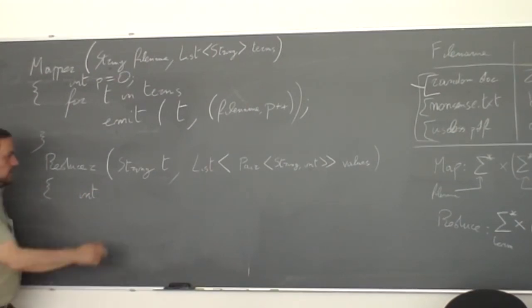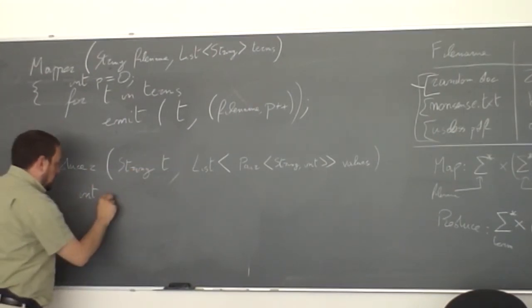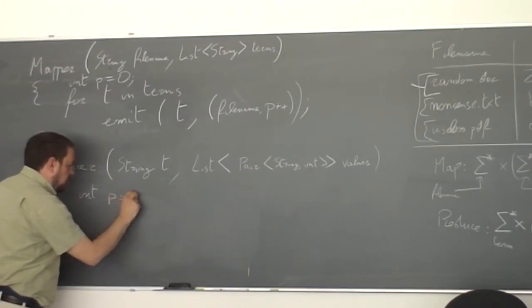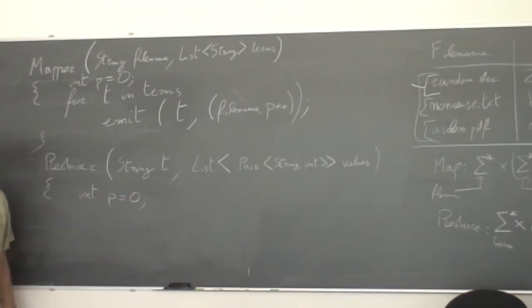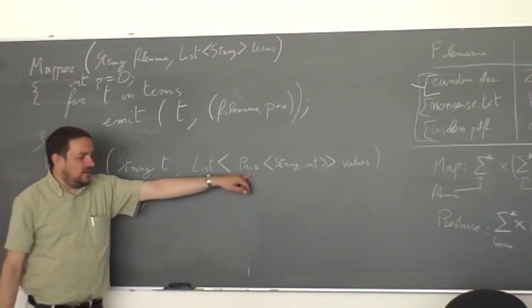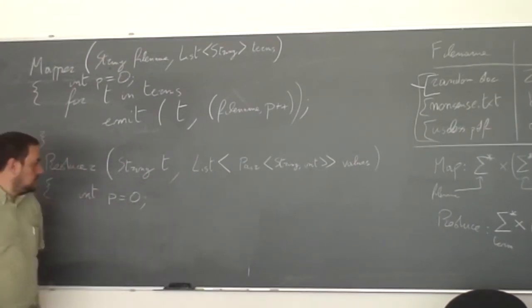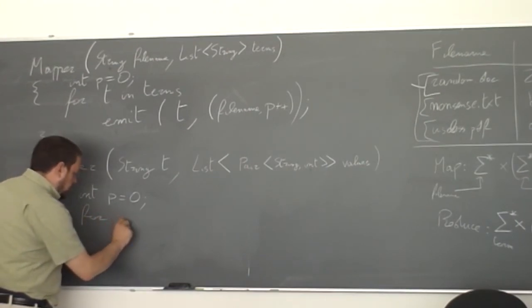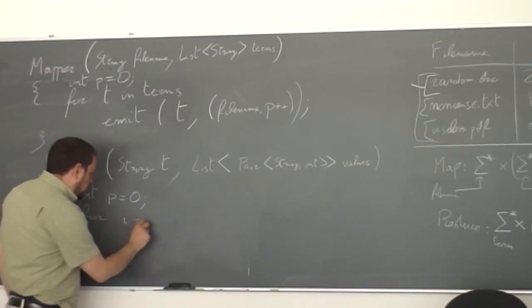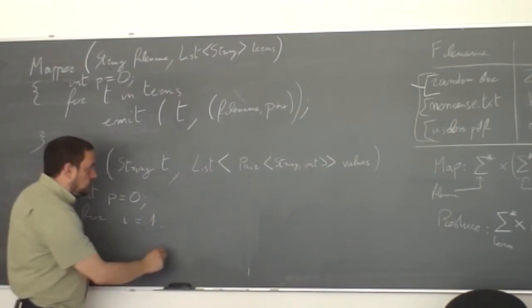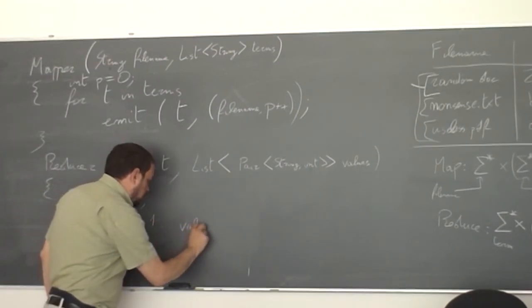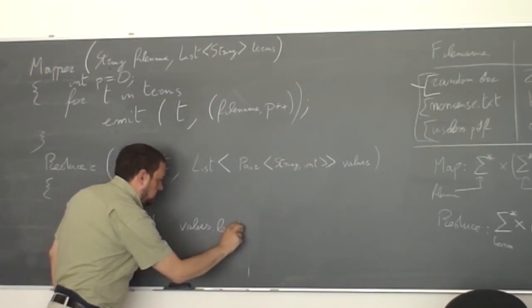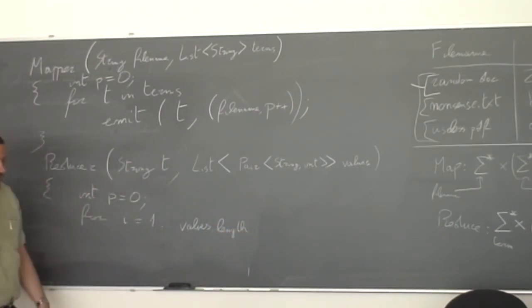So we want to find a minimum, so let's start by assuming that the minimum is in position P, the element of index 0 of this list. Then we increase an integer from 1 to the number of elements in the values list,